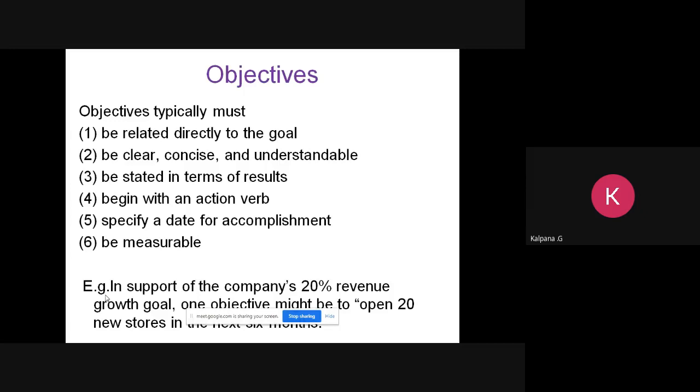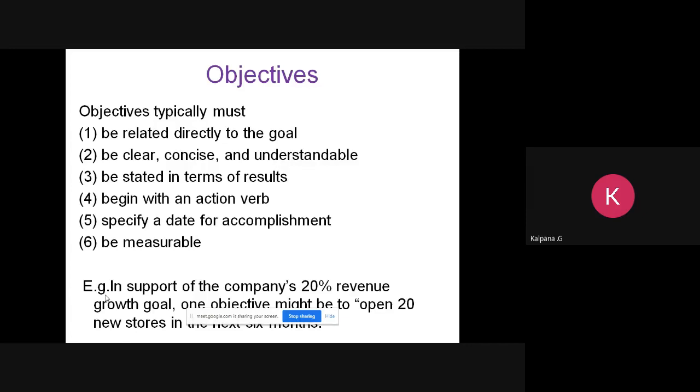Objectives could be for the organization, for a department, or for a particular employee. All these we saw in plans itself. We had strategic planning as top-level planning, then tactical planning, then operational planning, and then departmental or individual plans. All these are applicable for objectives also. Goals are set by the organization, more like a vision of the organization. The objectives are the steps, or correlated with the mission of the organization. How are we going to achieve the goals that are set?